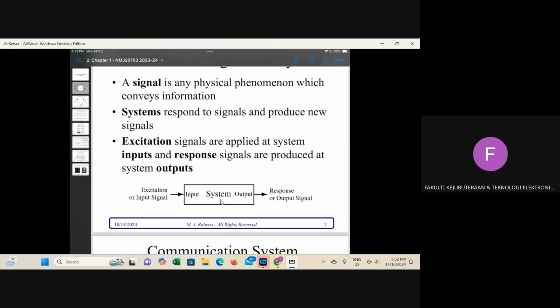For example, in biomedical electronics, our body has the respiratory system, consisting of the trachea, the bronchi, and the lungs. The signal is the air that you inhale and exhale.